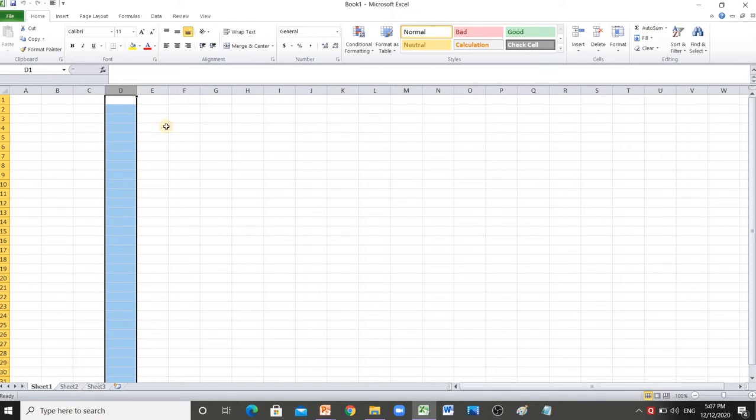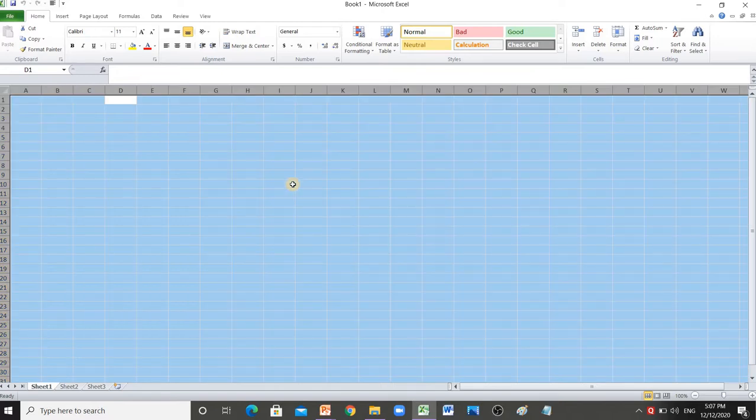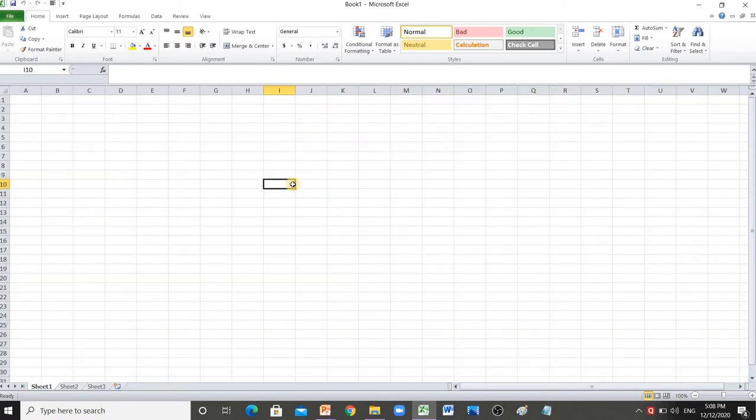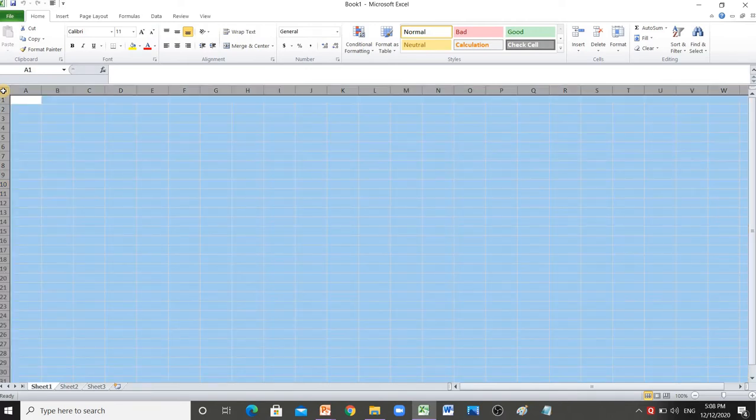What if you want to select the entire worksheet? If you want to select the entire worksheet, you have two ways. First one is you can press the shortcut key Control plus A. The entire worksheet is selected as you can see over here. Or else you can go to this point where your row and the columns meet. There's a place on the topmost left corner which has a small triangle to it. You have to click over here on this rectangle and you can see the entire worksheet is selected.